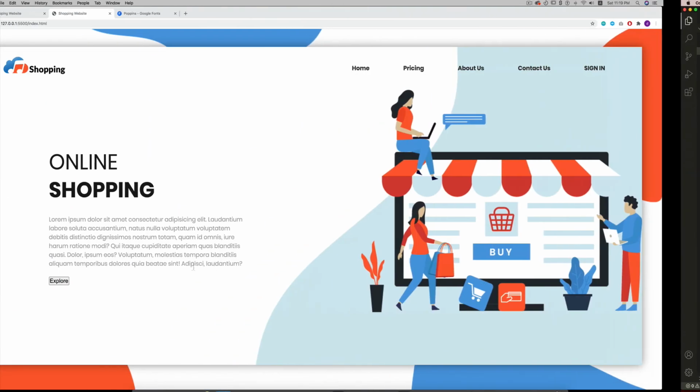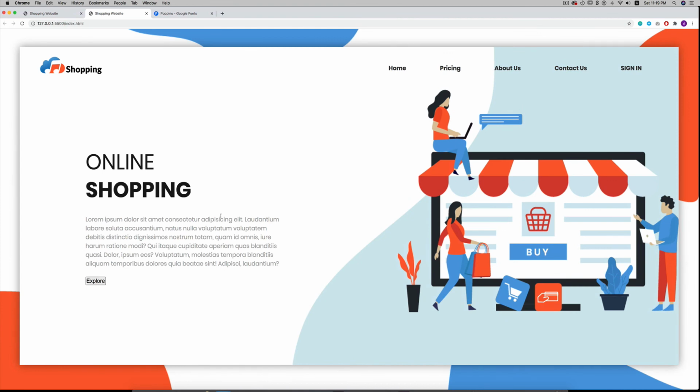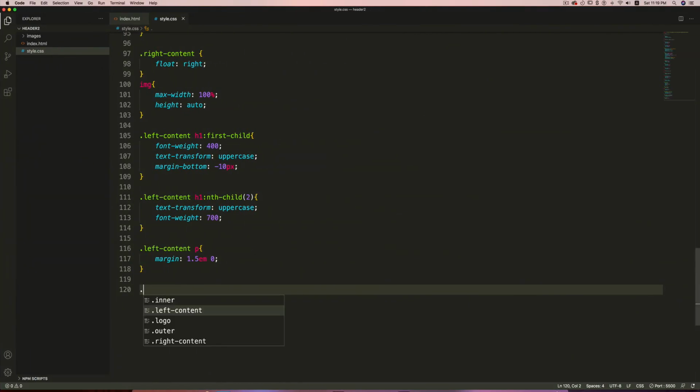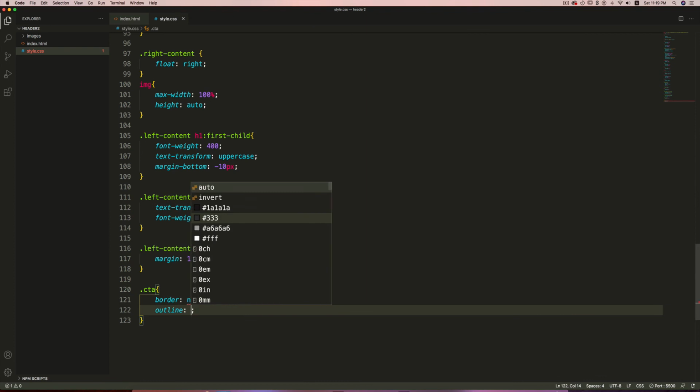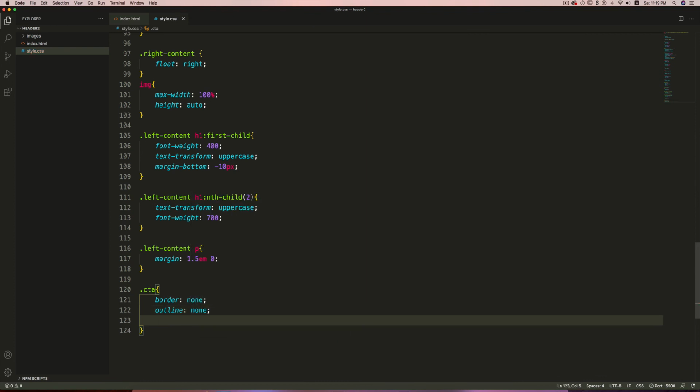Now it's time to add style to the CTA, call to action button. Since it is a button, I have to specify border none, outline none, padding top and bottom 10 pixel, right and left 20 pixel.